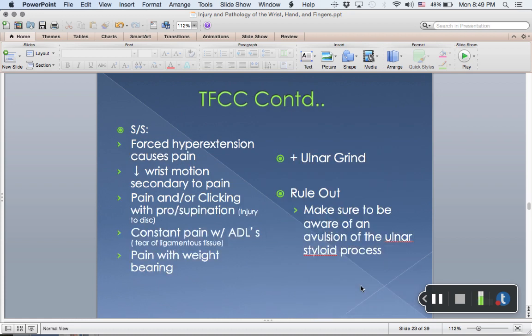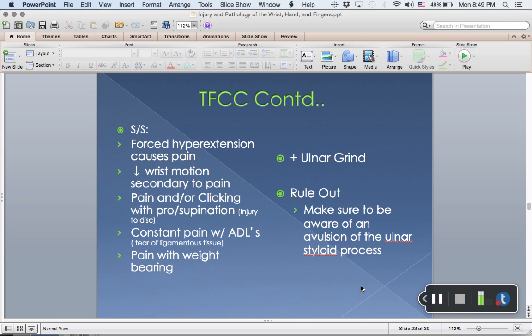So putting that person into hyperextension will cause pain, oftentimes decreased range of motion, pain or clicking, especially if they've done damage to that disc or if there's laxity in the ligaments. Pain with ADLs, so if they have torn something, picking things up, something as simple as taking grocery bags, maybe